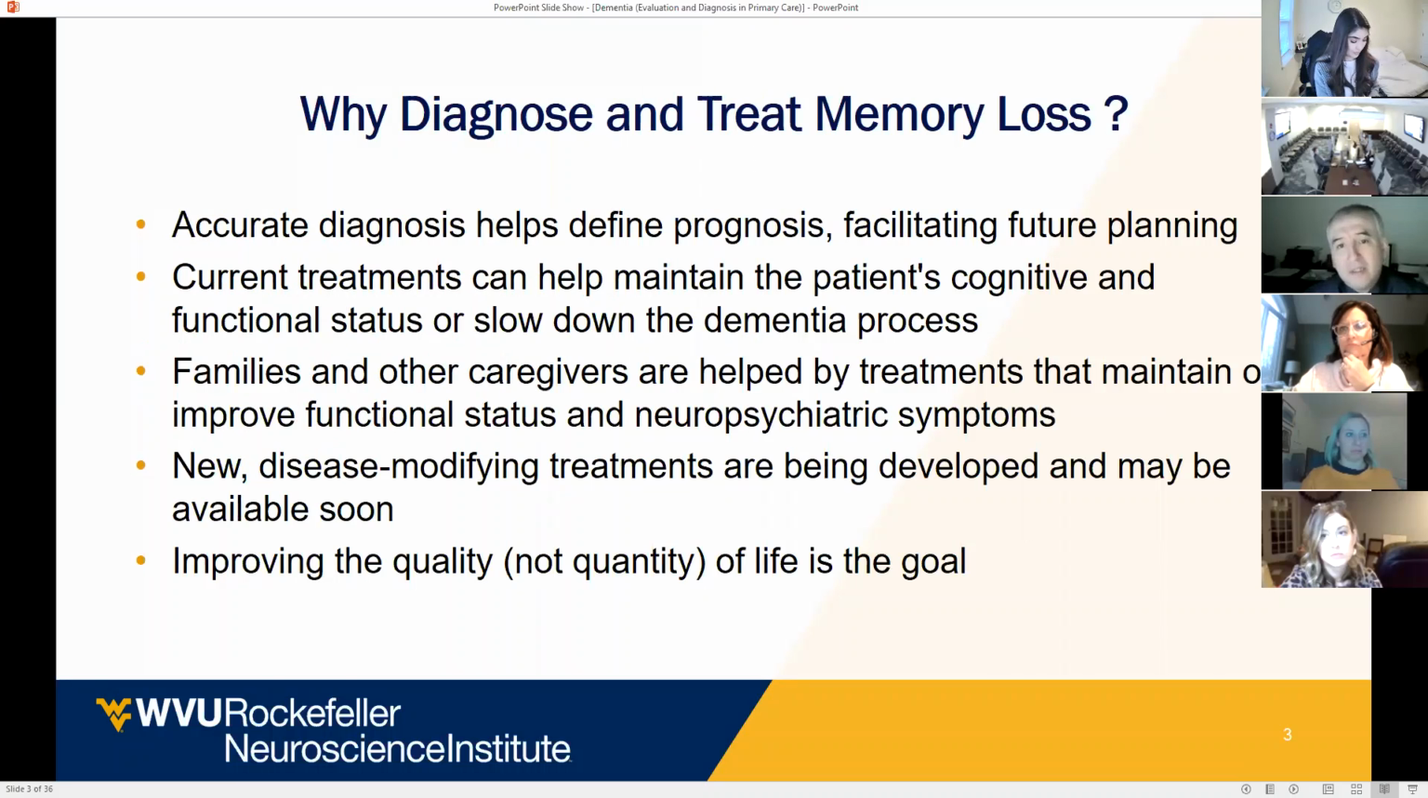Why is diagnosing and treating memory loss important? That's the main question that I get from patients, even from clinicians. I guess the big argument for them is, if we don't have a clear treatment for dementia, why are we spending a lot of time making a diagnosis? And probably we're doing this for many reasons. One of them is